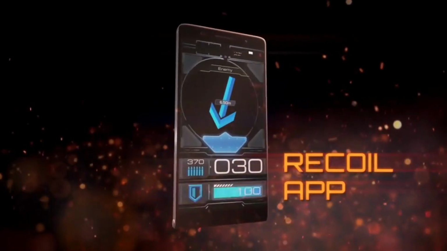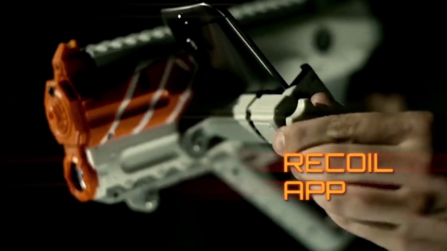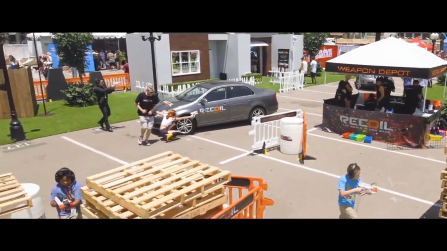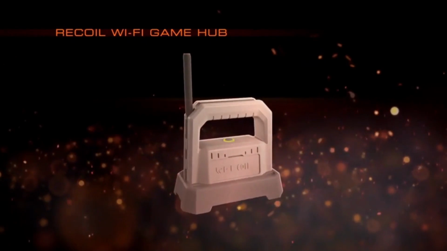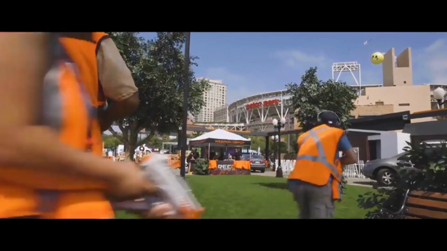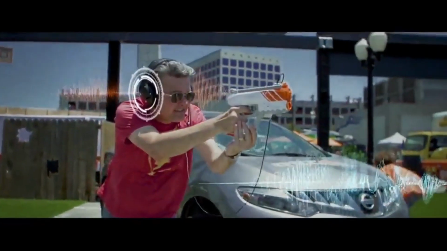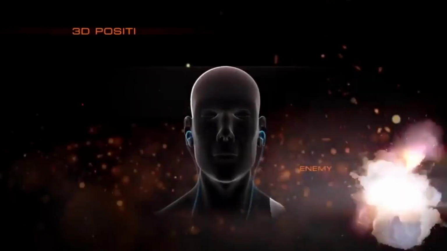Download the free Recoil app and pair your smartphone to the Spitfire blaster. Connect up to 16 blasters in a single match via the Recoil Wi-Fi hub and choose from a variety of game modes. Use the Recoil GPS Connect audio technology to communicate with your teammates and experience the full sound effects